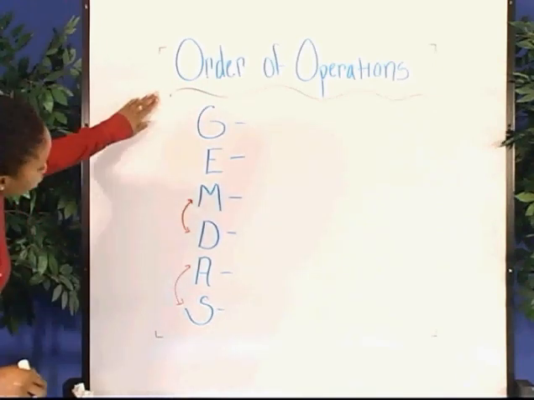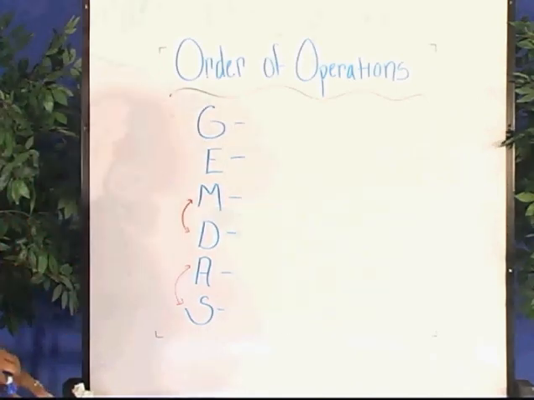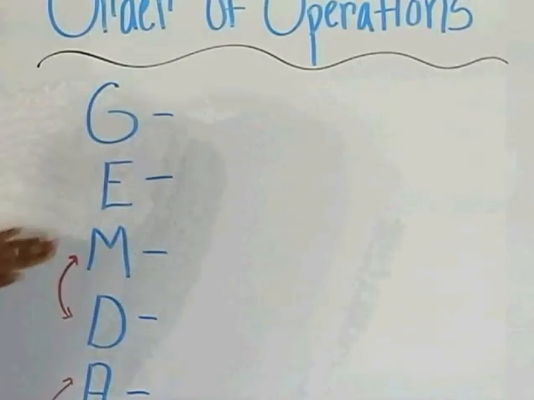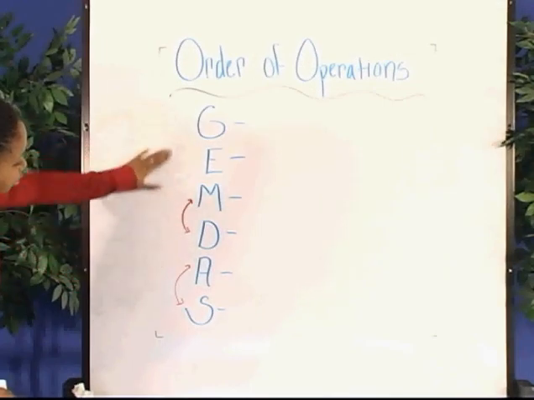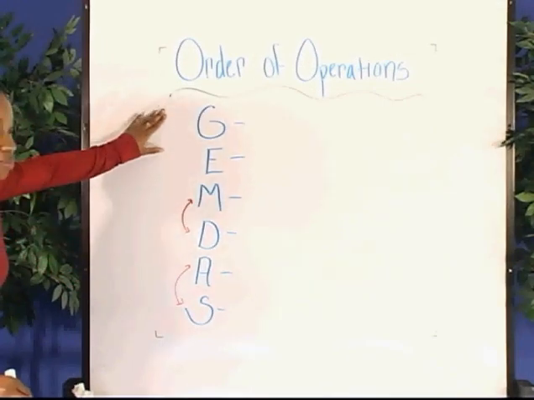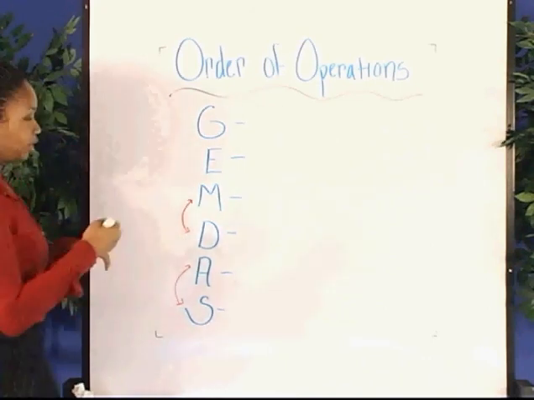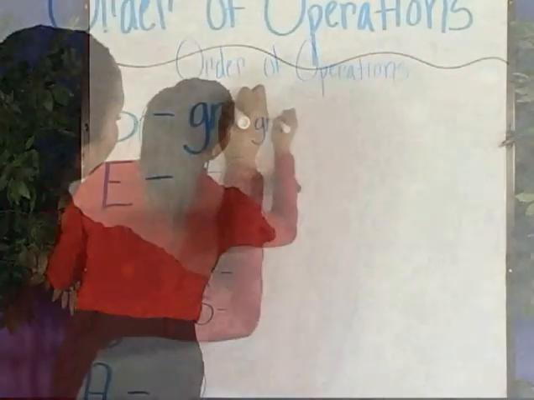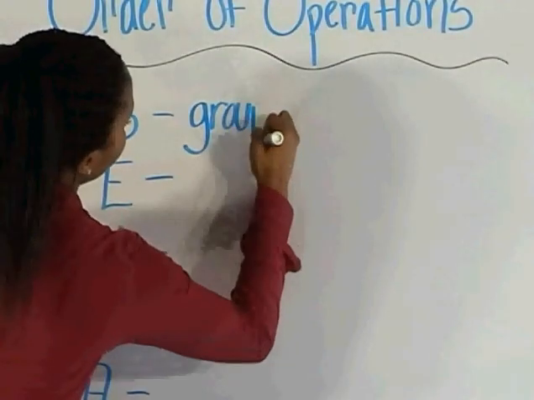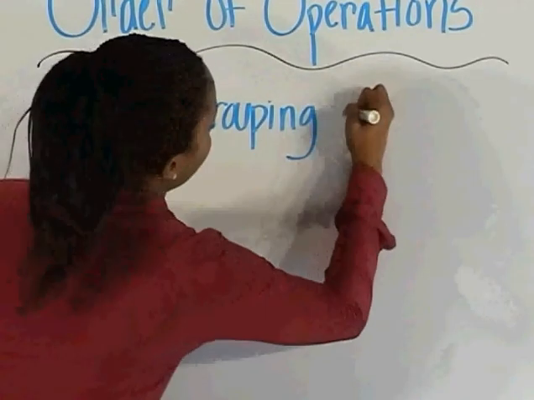Now I have an acronym right here, and I just want you to remember the word GEMDAS. GEMDAS. Now remember that first step? What did we want to work out first? Very good. This G is standing for the grouping symbols. You want to work out